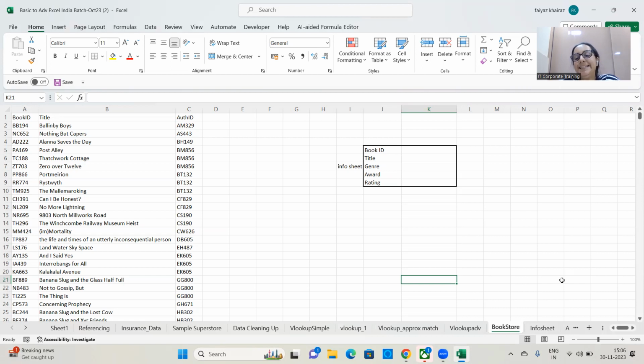For those who've completed, please navigate to the bookstore sheet. And in the cell K5, next to the book ID, I repeat, in the cell K5,